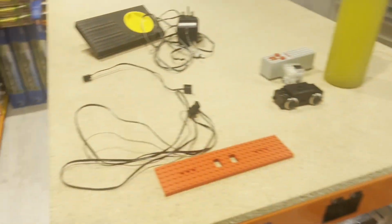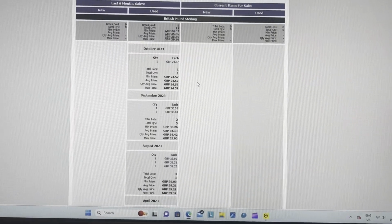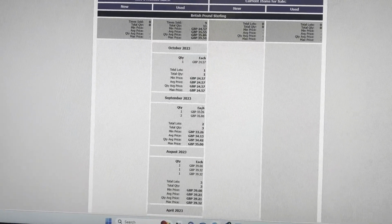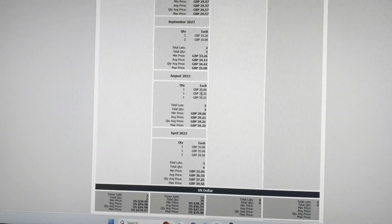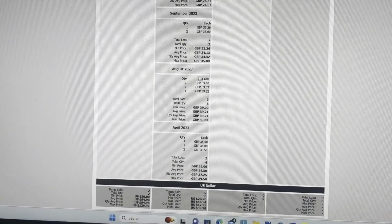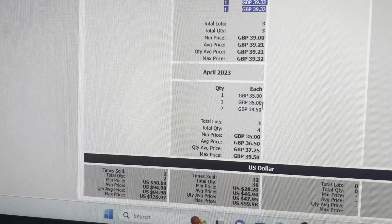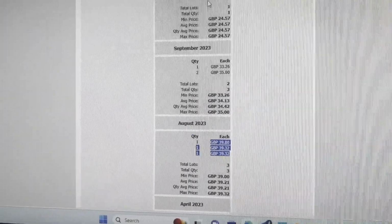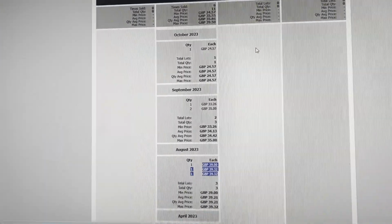So again, just those bits, and then that train track, and then just on this motor, looking at prices, I've got 25, well 24, 57, 33, 35, 3 different ones at 39 there, and then 35 and 39. So I think that average is probably about right. Obviously I don't know if the one that sold at 24 was damaged in any way, whereas mine,